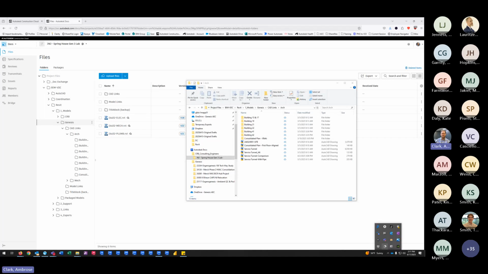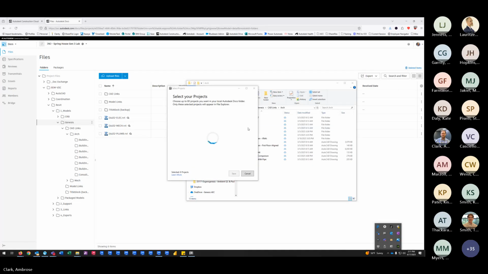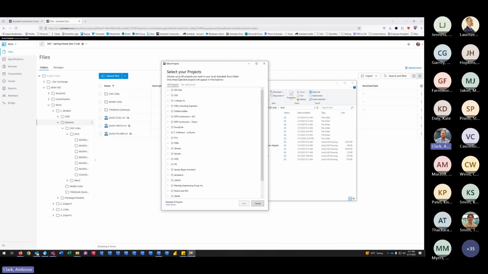Going back to the select projects window real quick. If you are on a ton of jobs, this can be a huge list, but you can go to the My Selections tab and it will only show you the jobs you have selected. So there unfortunately is no shortcut for finding one you want to sync, but once you have one synced,